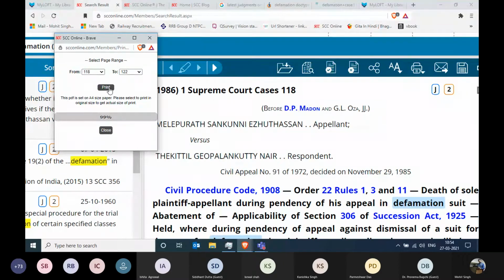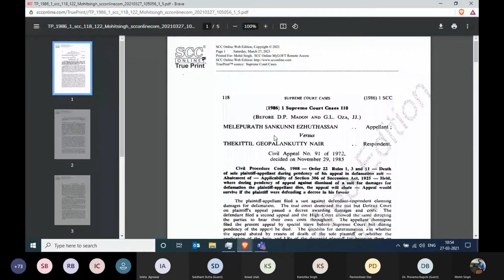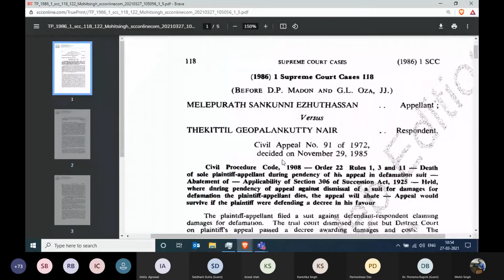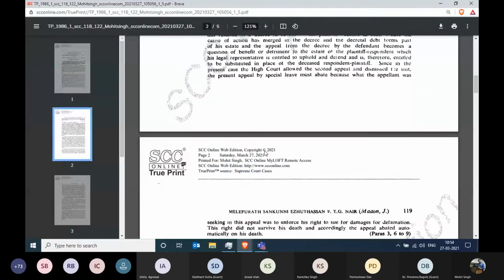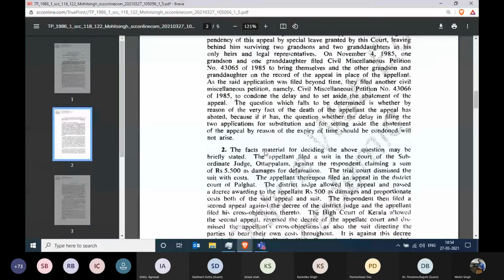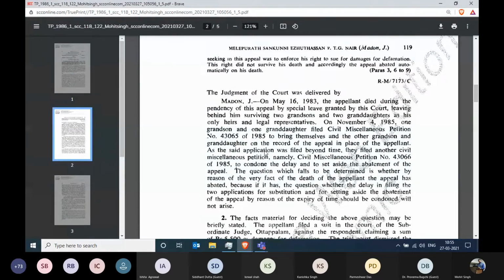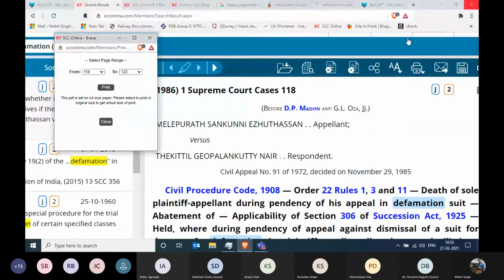We click on the print icon, it will be populated in a new window, and you can see that it will be exactly what we have published in our SCC Online journals, right? So this is how you can cite the document in court. And if you are thinking whether we can highlight any particular line or paragraph, I'm really sorry, you cannot make any changes in the true printout apart from submitting it to the court. So that is the true printout.